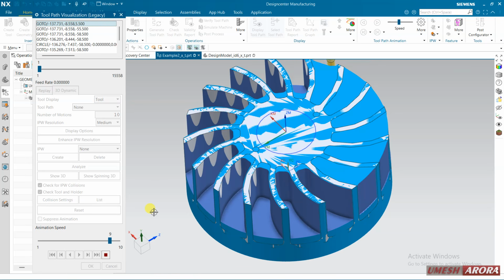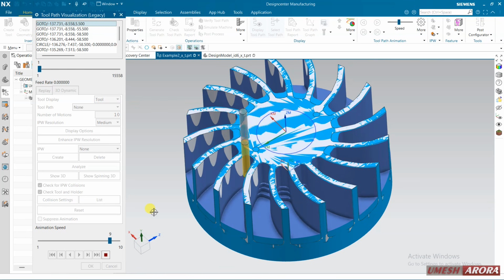And the stock is 0.5, which will be left on the walls. These are the intermediate cuts. Now second cut.